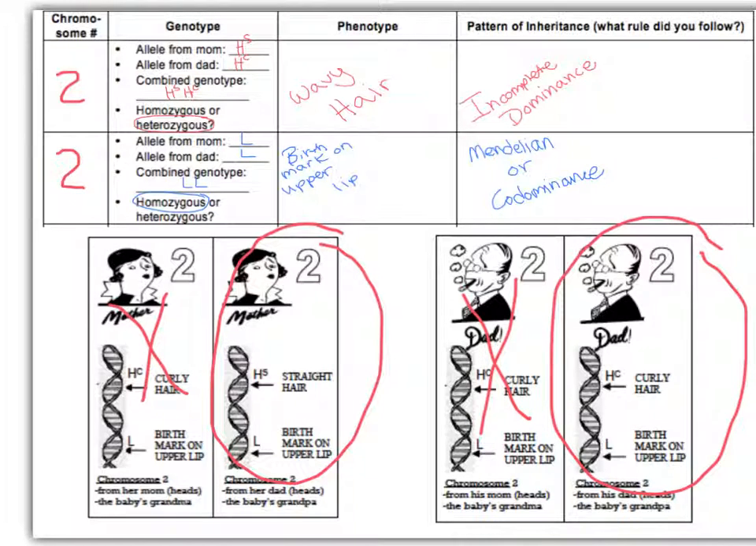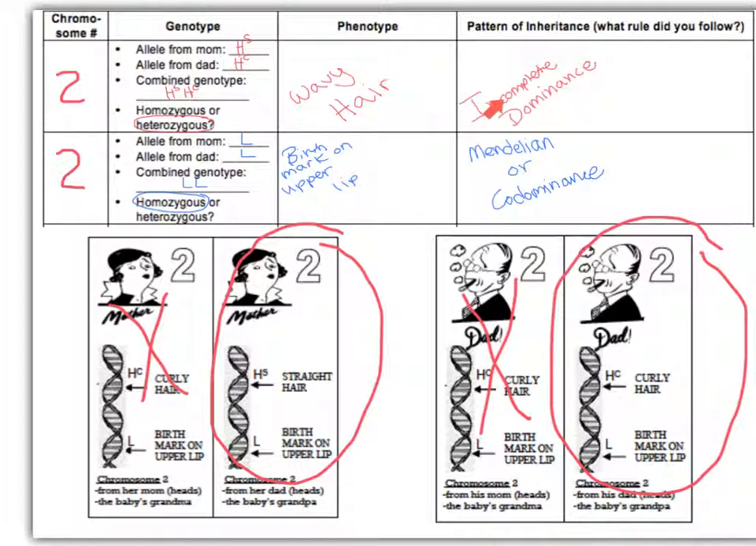Our first trait on chromosome 2 was right here for straight hair and curly hair. So I went ahead and filled out the mom allele and the dad allele, and combined their genotype. It is heterozygous because the superscripts are different. That means it will have wavy hair, what's in the middle of straight and curly, and the rule is